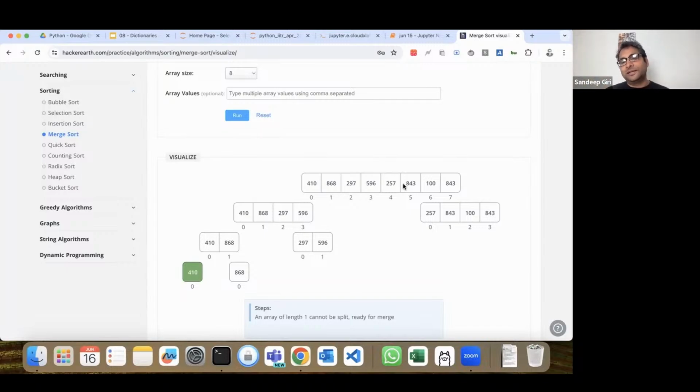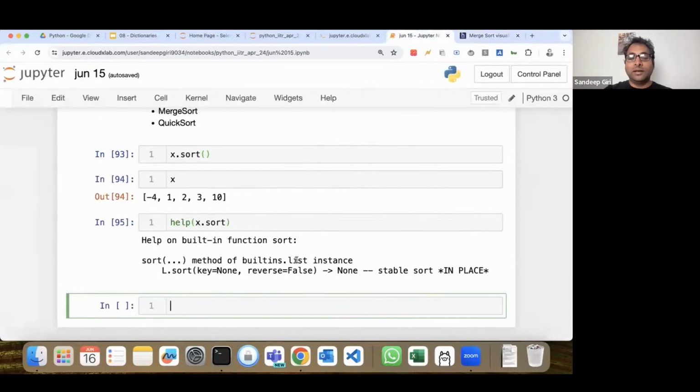So pay attention, play around with it, try to calculate how many steps are required to sort n number of elements, and you'll be amazed that it's actually n log n. And log n and n square are a very big difference. You can see if you have a million elements, if n is equal to 1 million,